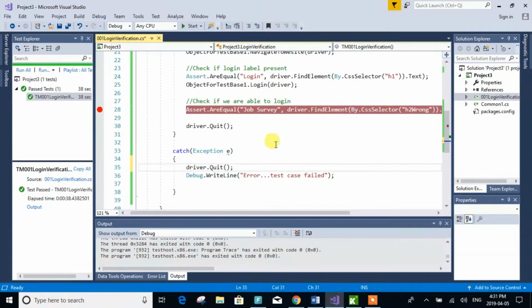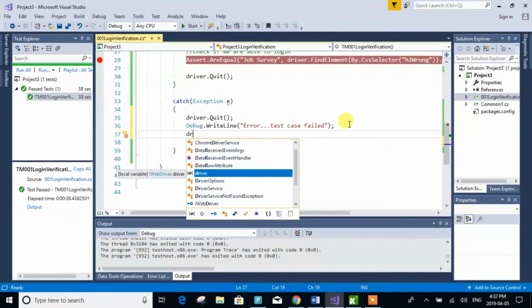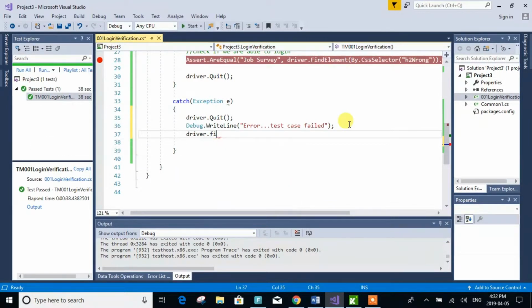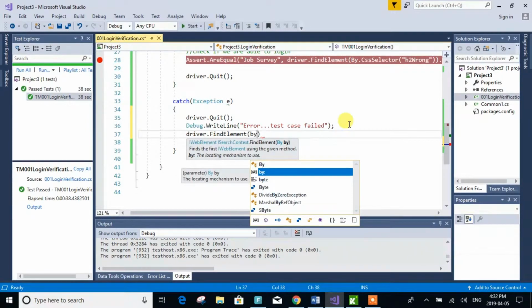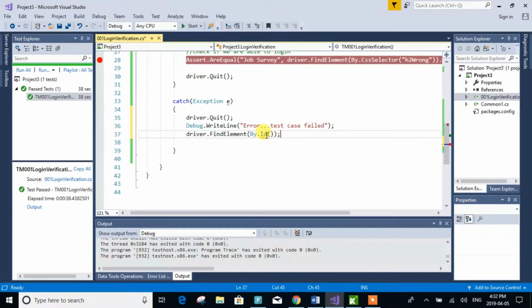So here what I should do is come over here and call driver.Quit in the exception. It will quit the driver and report the debug: quit the browser, then report why it failed, test case failed. Then you should try driver.FindElement By dot some ID, a junk